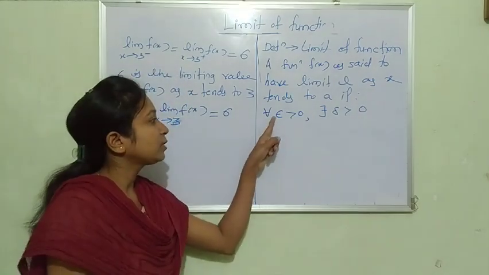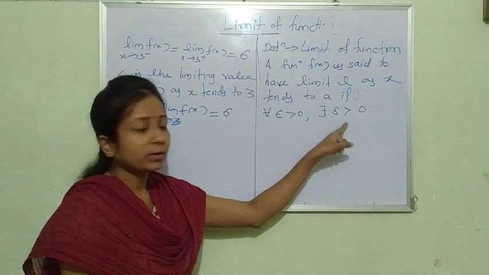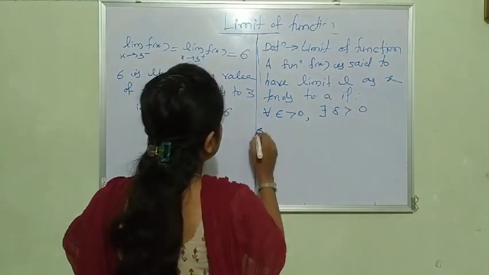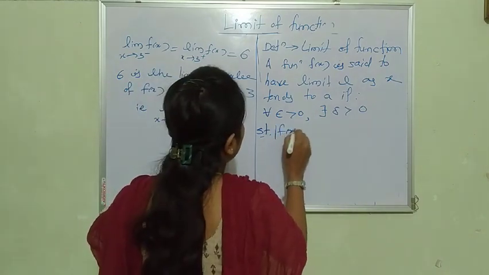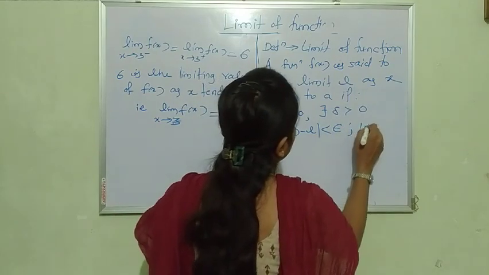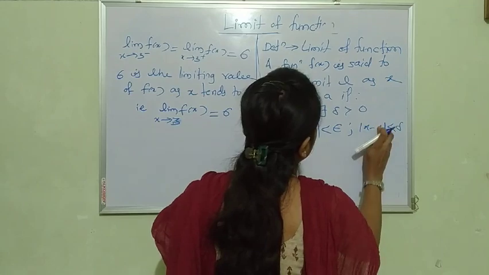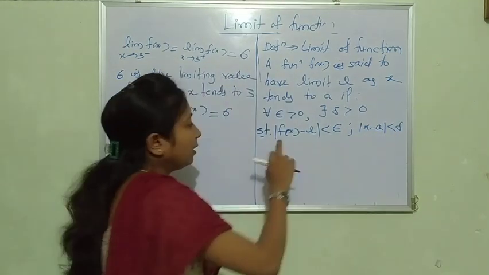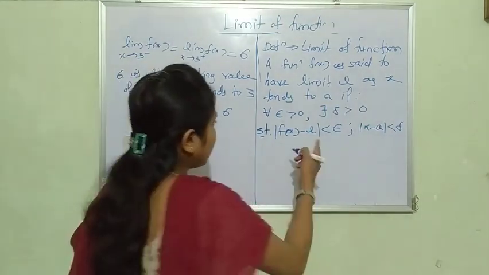Means what? For each and every epsilon which is positive, find the corresponding delta. At least one delta we have to find which satisfies this condition. Which condition? Mod of f of x minus L less than epsilon whenever mod of x minus a less than delta. Means whenever mod of x minus a is less than delta, mod of f of x minus L is less than epsilon. See, we can write this as,